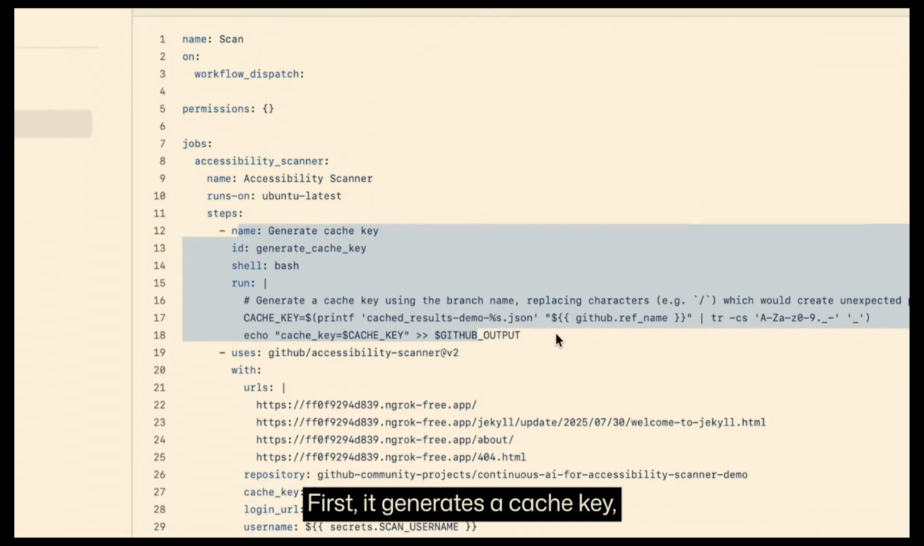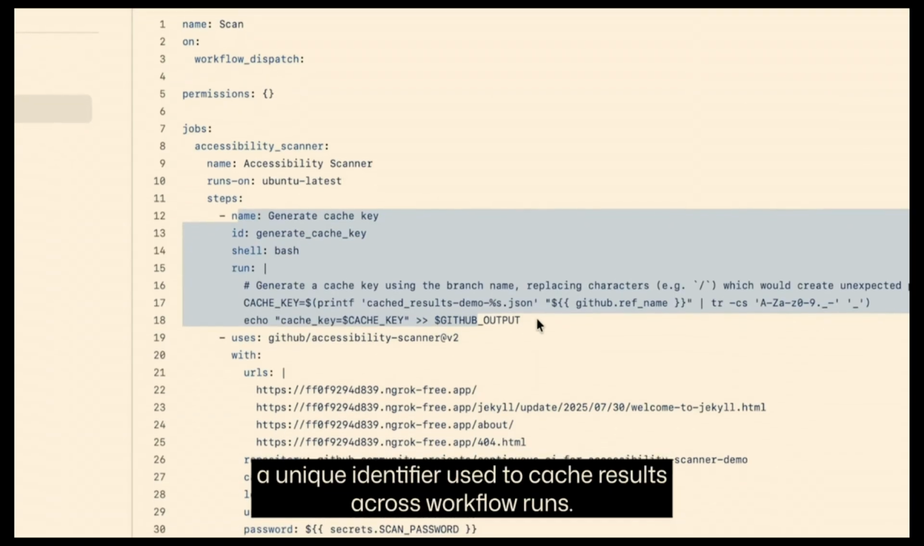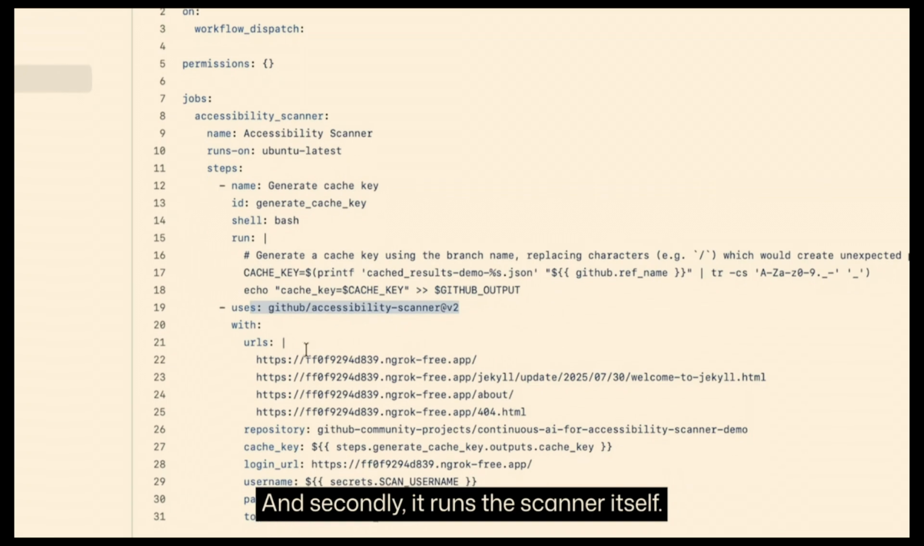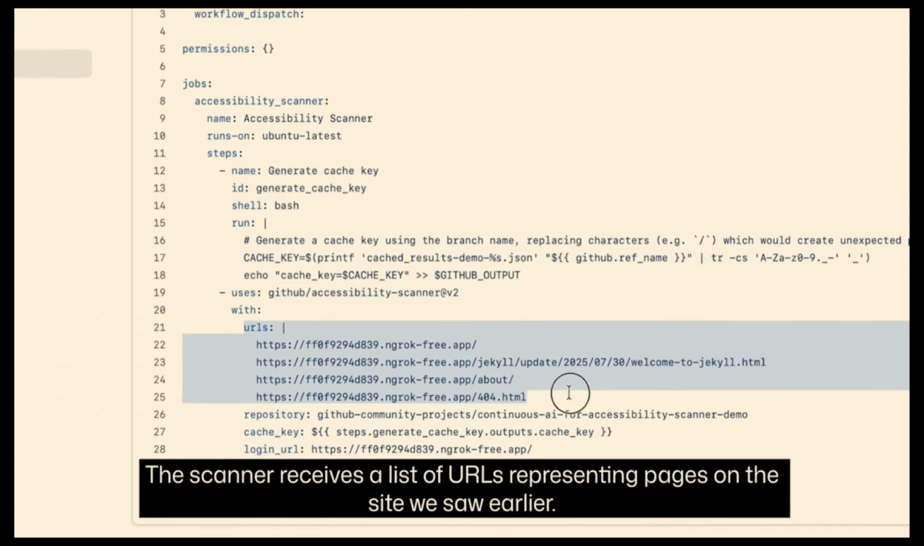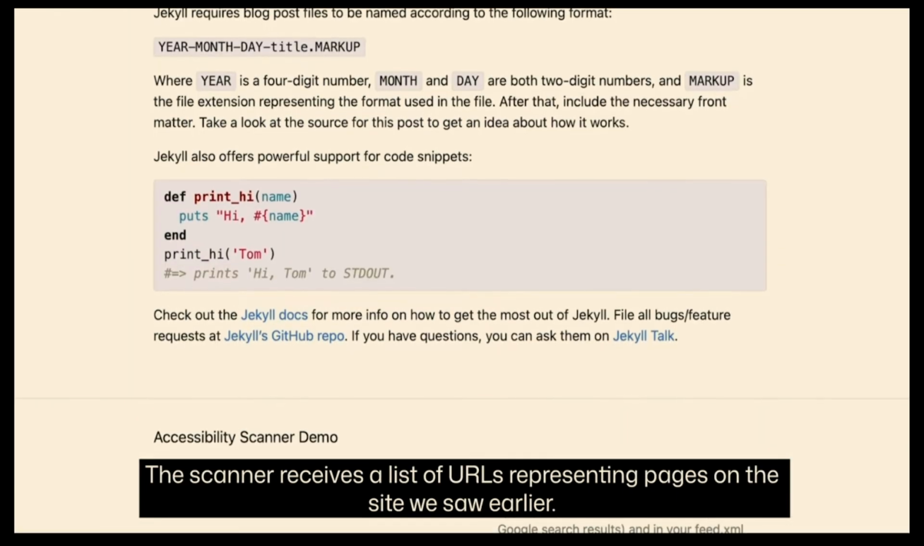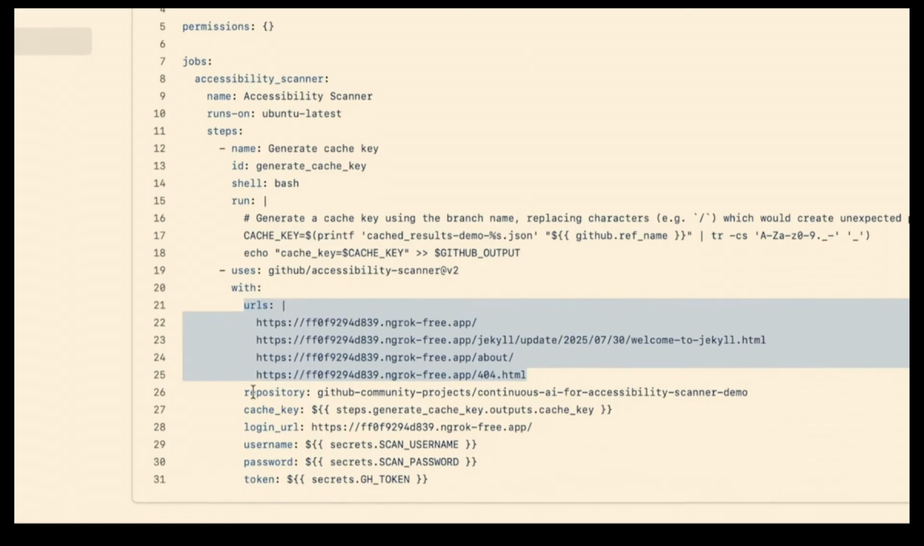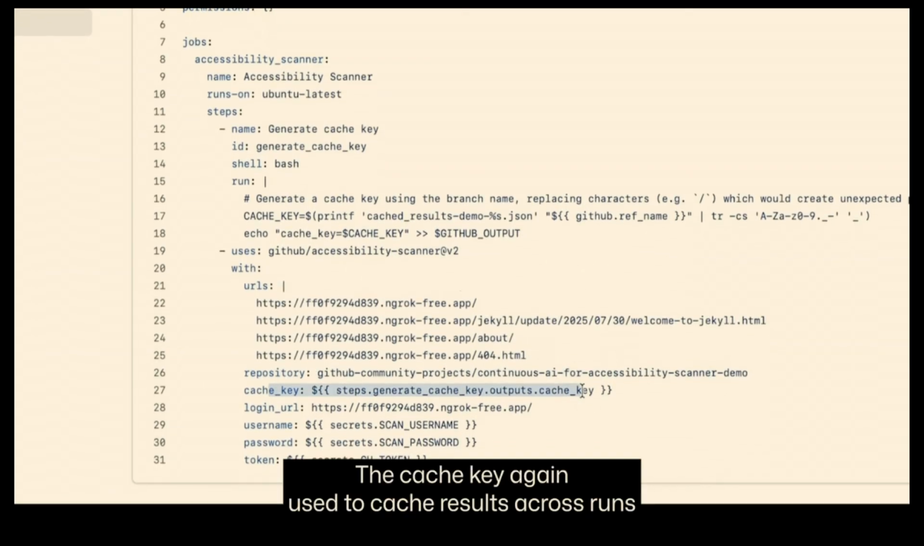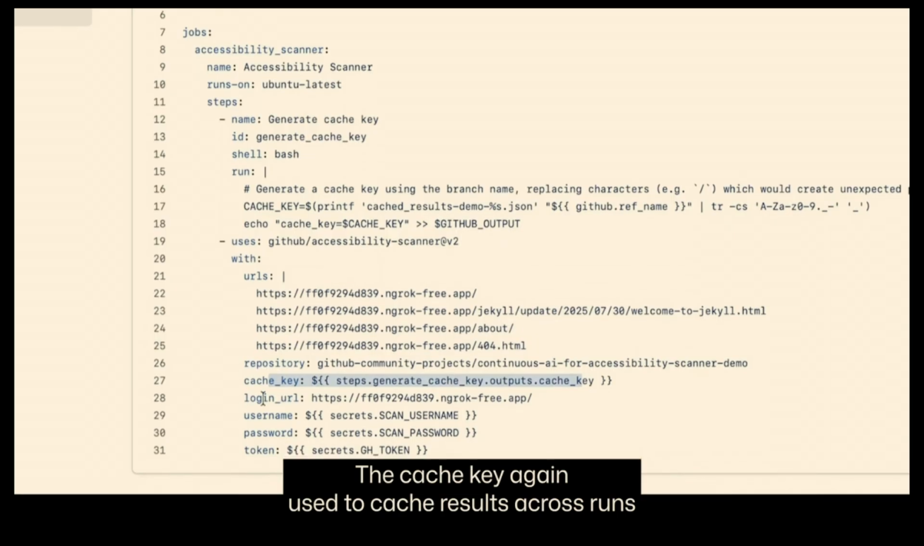First, it generates a cache key, a unique identifier used to cache results across workflow runs, and secondly, it runs the scanner itself. The scanner receives a list of URLs representing pages on the site we saw earlier. So you can put your hundreds of pages. It receives a repository wherein issues will be filed, the cache key, again used to cache results across runs,